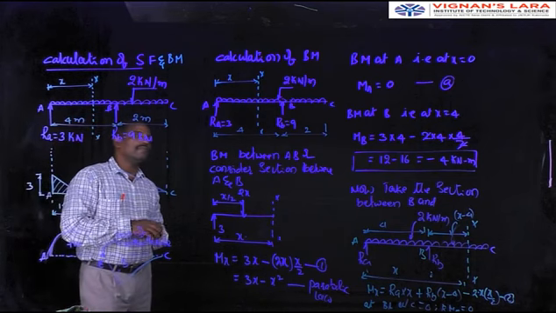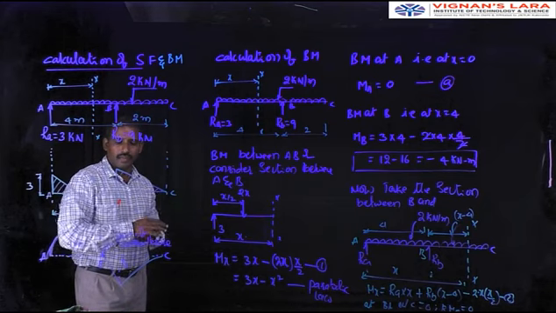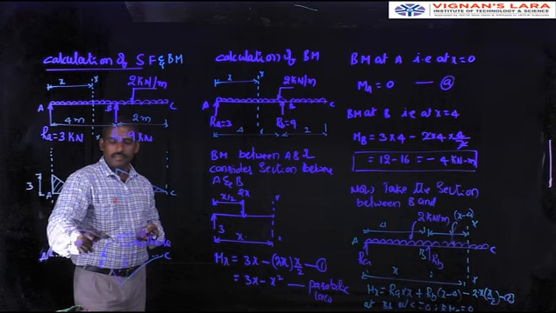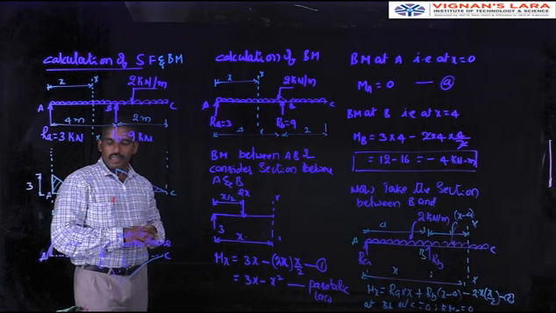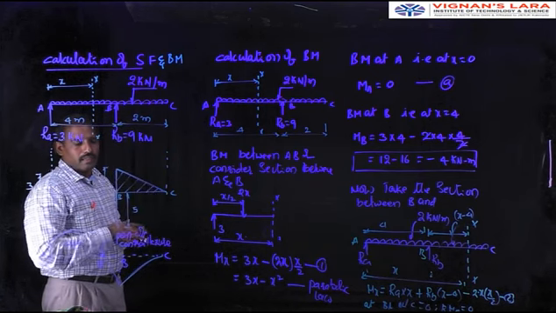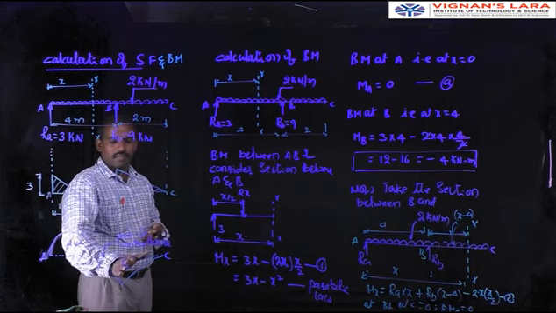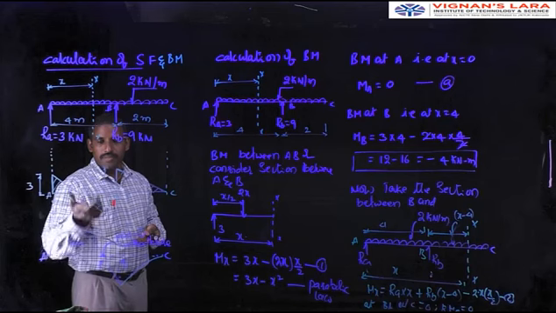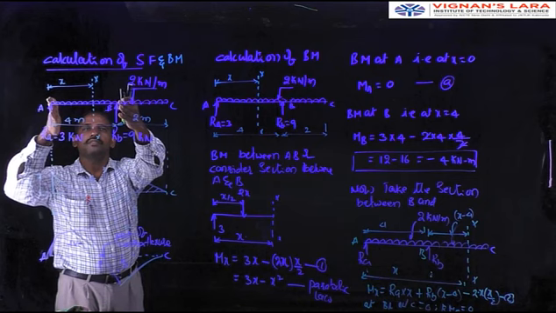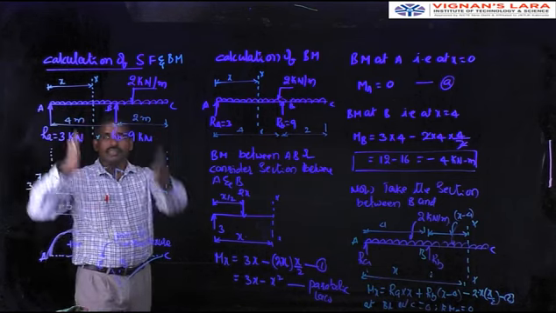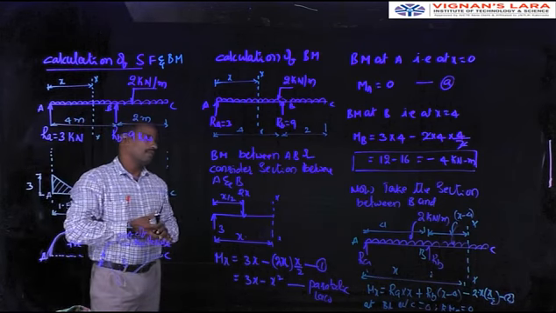Then we calculated the bending moment by formulating the bending moment equations. We observed one thing in the bending moment diagram. The bending moment sign changes from positive to negative. So here the bending moment is 0 at E. That point is called as point of contraflexure. So simply we conclude one thing. The bending moment is positive between the two supports. It means the bending moment is positive in the simply supported portion, and the bending moment is negative in the overhanging portion.